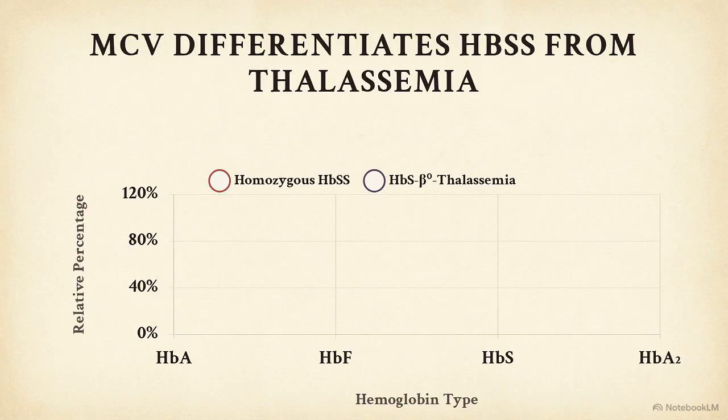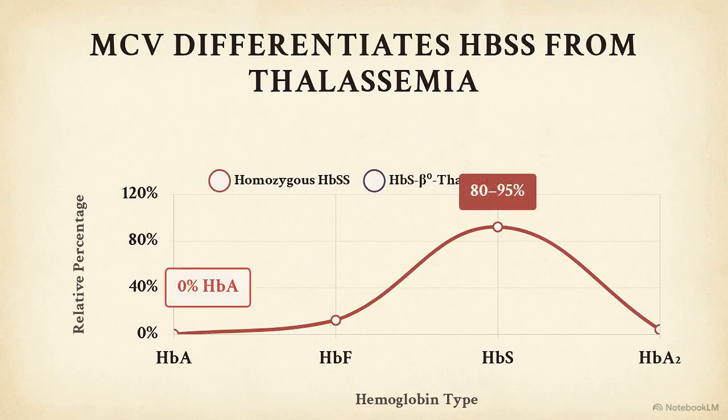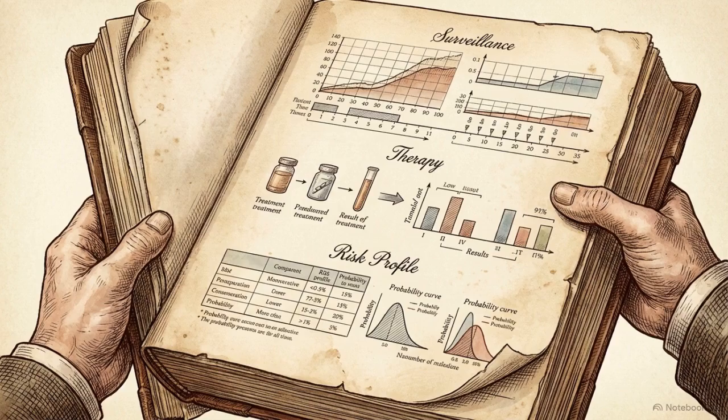This hemoglobin electrophoresis chart shows the mandatory diagnostic standard. Here, we see the precise footprint of homozygous HbSS, a massive peak indicating 80 to 95% hemoglobin S, an elevated HbA2 peak, and exactly 0% normal hemoglobin A. Compare that to the second chart showing HbS beta-0 thalassemia. Both charts show an identical absence of HbA. The key differentiator is the added data point of a low mean corpuscular volume, indicating the microcytosis characteristic of thalassemia. Precise genotypic diagnosis dictates specific surveillance and long-term therapeutic pathways, ensuring the clinical strategy matches the specific biological risk of